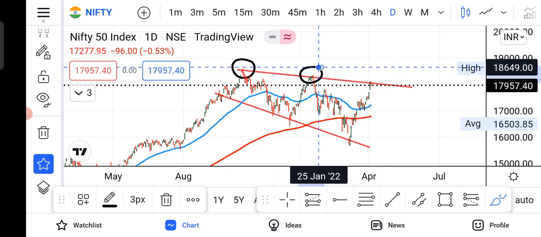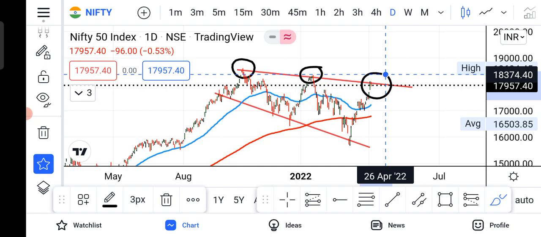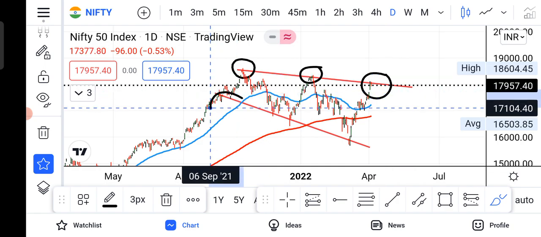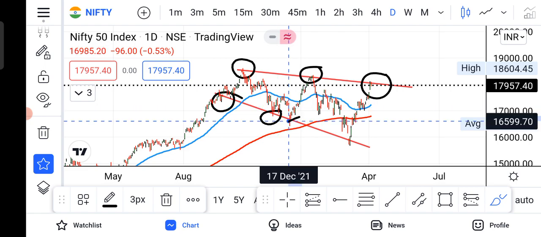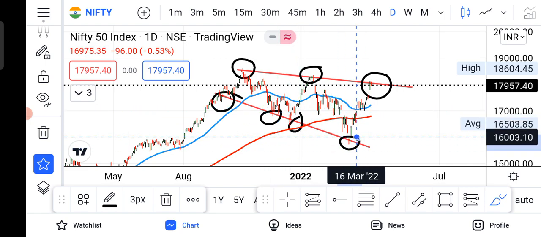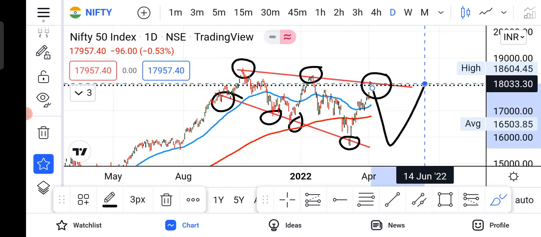These touch points on the upper trend line were a major resistance for the index. Now Nifty 50 is again in that area. In the same way, the bottom of this pattern was working as a great support. Four times it worked as a great support, and the third time it is now in the resistance area. Now what can happen? If we understand the pattern better, can it be a movement like this again? Let us understand it better and see what can be the early signals of the starting of a downtrend again.